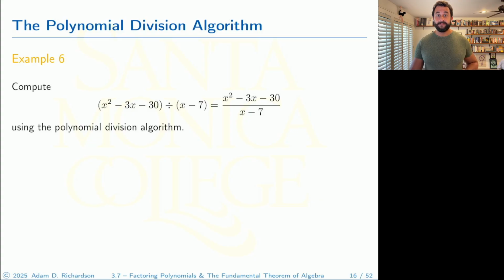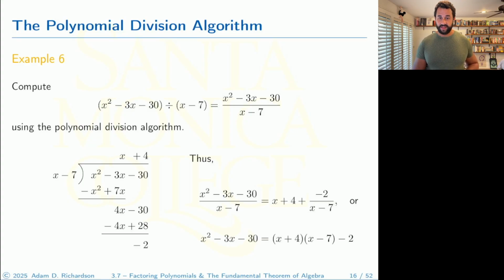All right, let's take a look. When we do the division, we're going to end up with a remainder. In fact, we're going to end up with a remainder of negative 2. So here, x minus 7 is not a factor of x squared minus 3x minus 30. There's a little bit left over when we do that. We're going to be left with a remainder of negative 2. So we could write this as x plus 4 plus negative 2 over x minus 7. But one thing I want to point out,